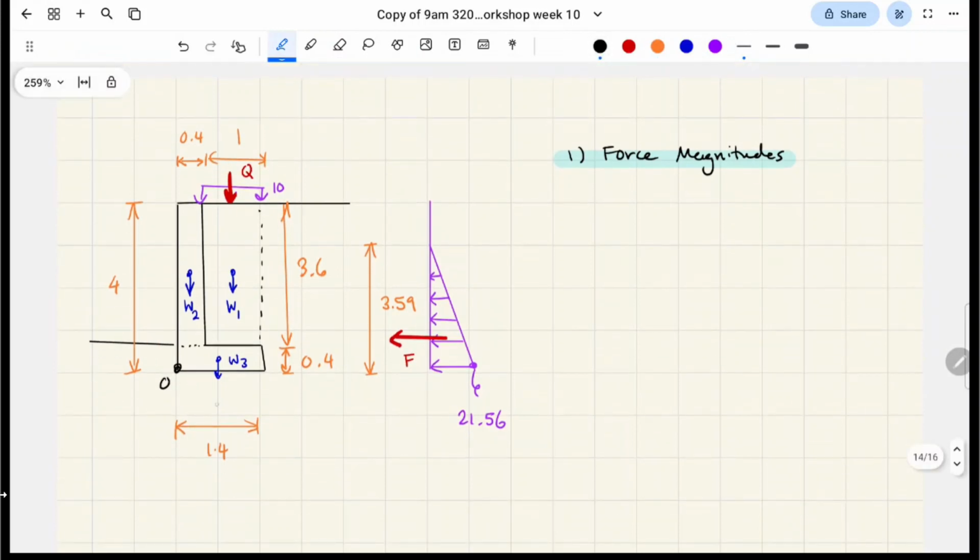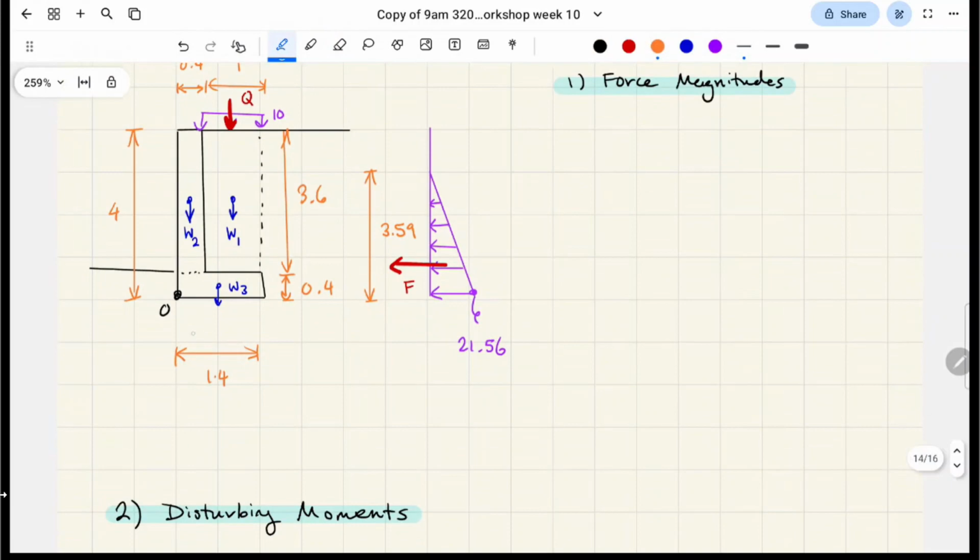And we want to find the lever arms of all these forces, because we're going to do overturning. So we need that distance from O to W3, for example, O to W2, O to W1, and O to Q, etc., O to F. So we need all of those distances. So for W2, that will just be 0.2. For W3, that's 0.7, because we're taking half the distance of that base. W1,